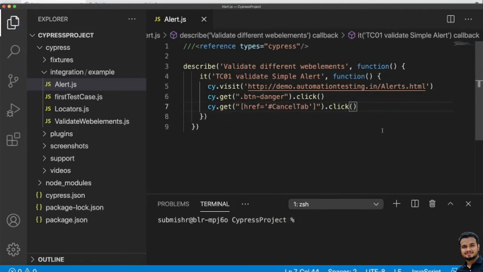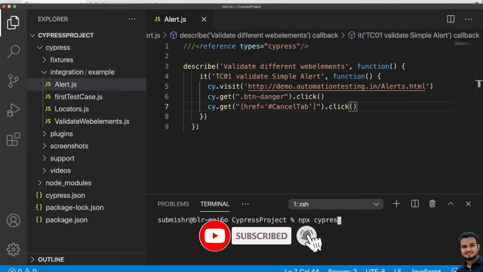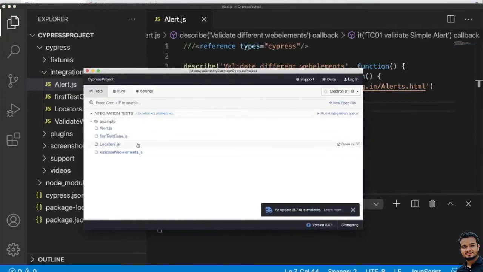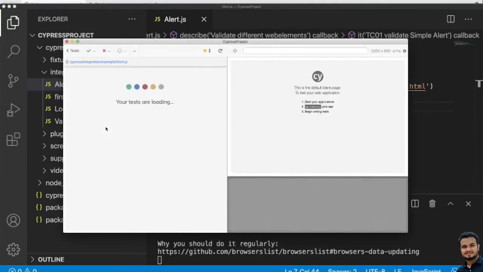So let's execute and see how it is dealing. What is the command we need to use? npx cypress open. Let Cypress open first. Then we need to click on this alert.js.